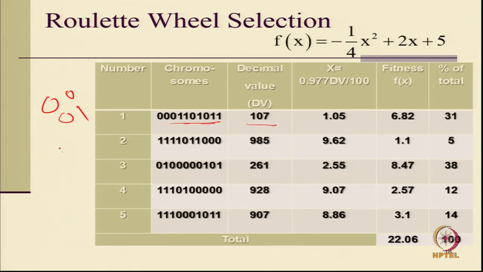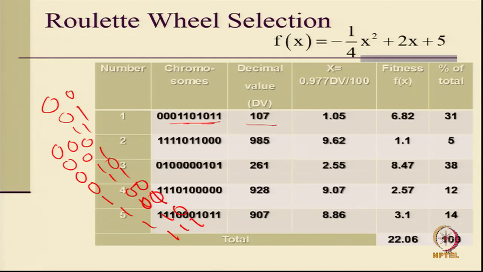Binary to decimal values: 0, 0, 0, 1, then 1, 1, then 0, 0, 0, 0, 0, 1, 0, 1, 0, then 0, 1, 1, 1, 0, 0, 1, 1, 0, 1, 0, 1 first, then 1, 1, 0 and 1, 1, 1. So, you can see that this number is how much? This is position 0, this is 1, this is 2, this is 3, this is 4, this is 5, this is 6, 7, 8.